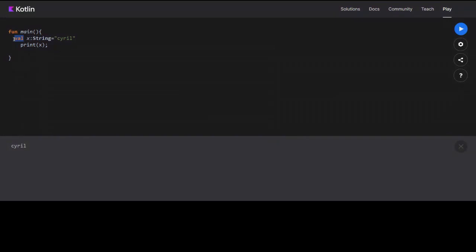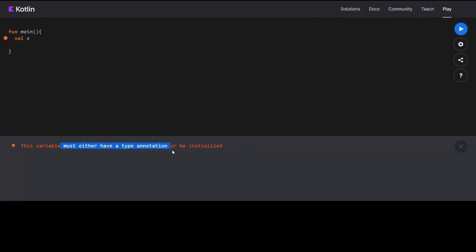This part is used to define the type of the variable. This other part defines whether the variable is a constant, which will remain the same, or whether its value can change. When you are initializing the variable like this, you don't need to define the type. Kotlin automatically assigns the variable type. But if you are not initializing, you are just creating the variable, then you need to do this. Otherwise, Kotlin will give an error.